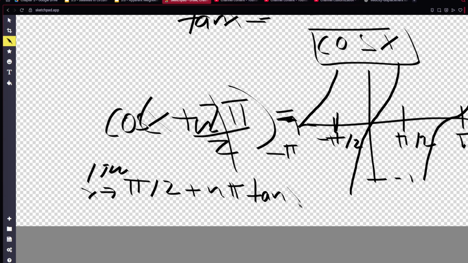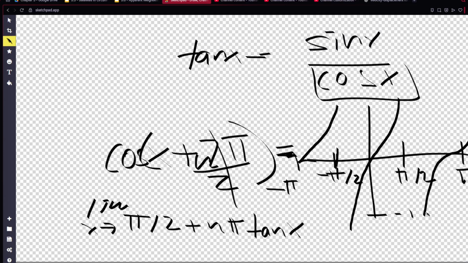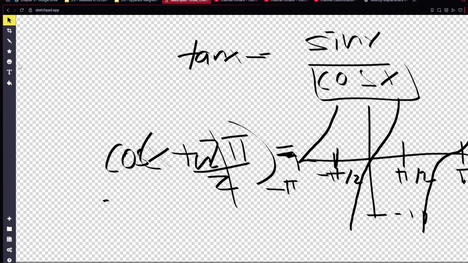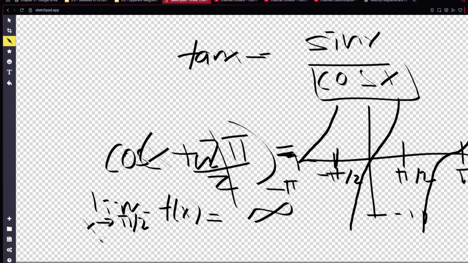But remember that it depends on the side. So as we see here, let's break this into left and right hand sided limits. The limit as x approaches pi over 2 from the left side appears to be infinity, and we'll say f of x, which is the same thing as tangent x here. But then the limit as x approaches pi over 2 from the right side appears to be approaching negative infinity. So this is an undefined limit, a DNE, as my teacher calls it. And that's an example where the left and right hand sided limits don't converge